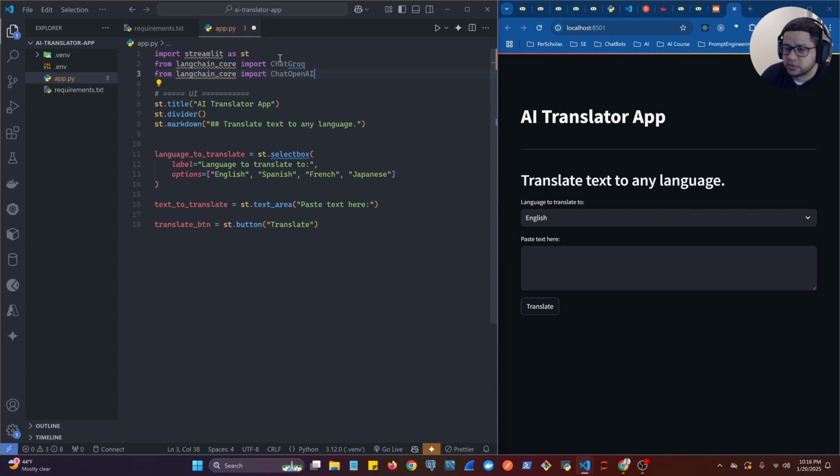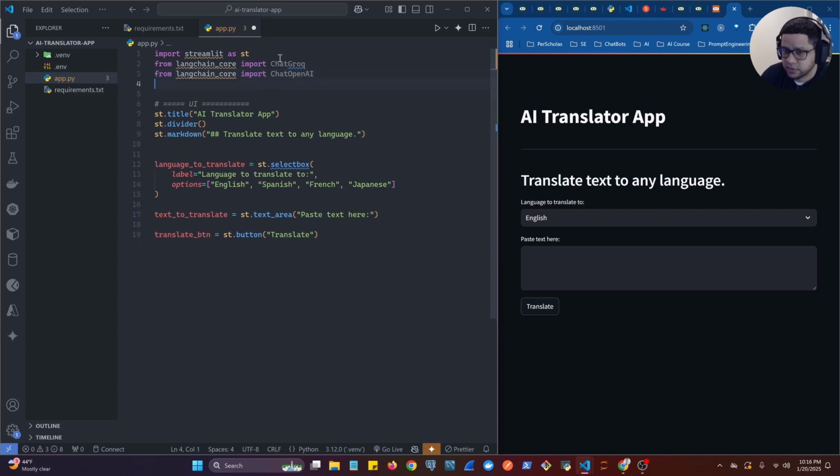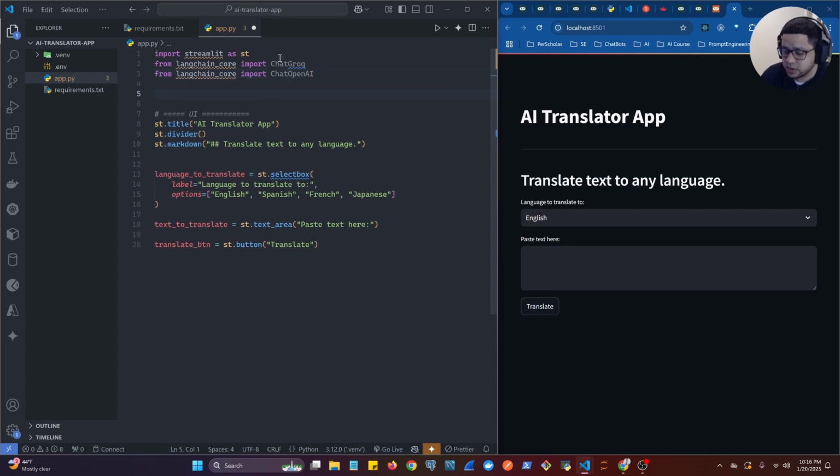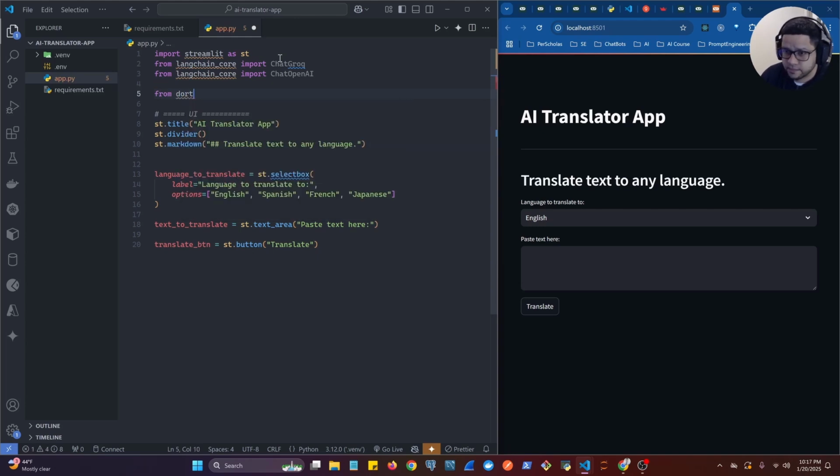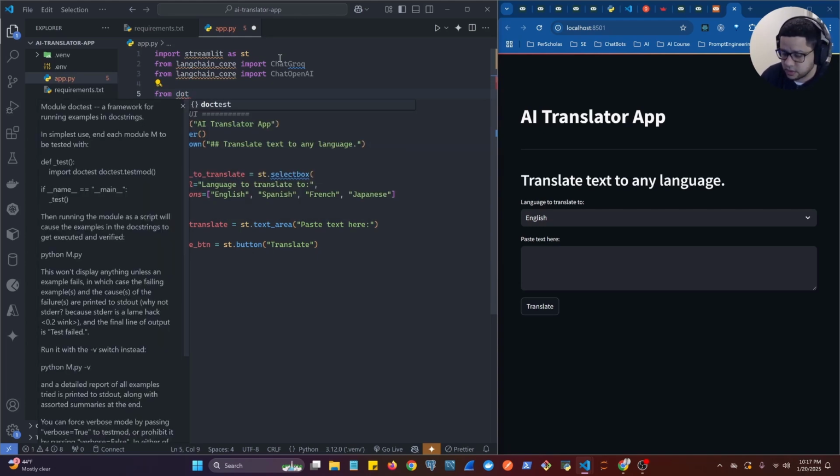And let's also down here import, let's say from dotenv